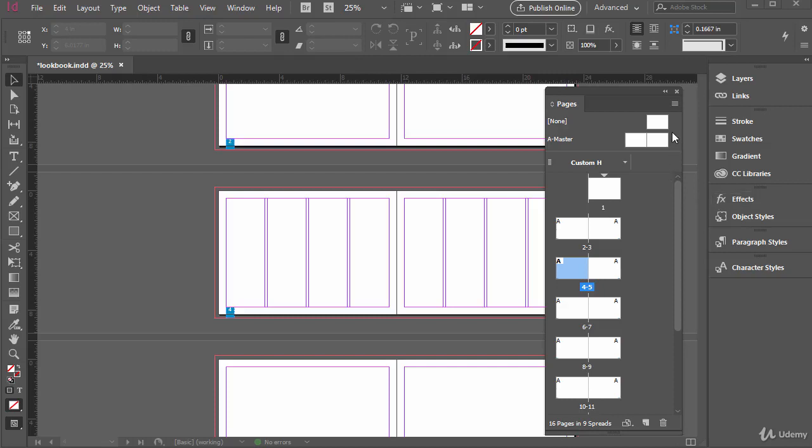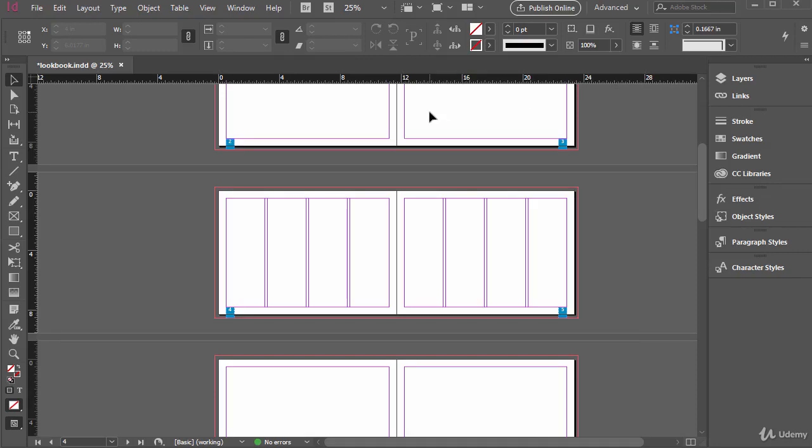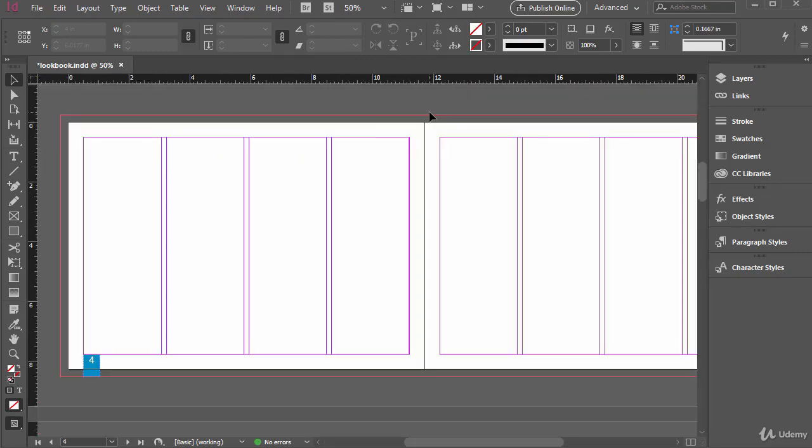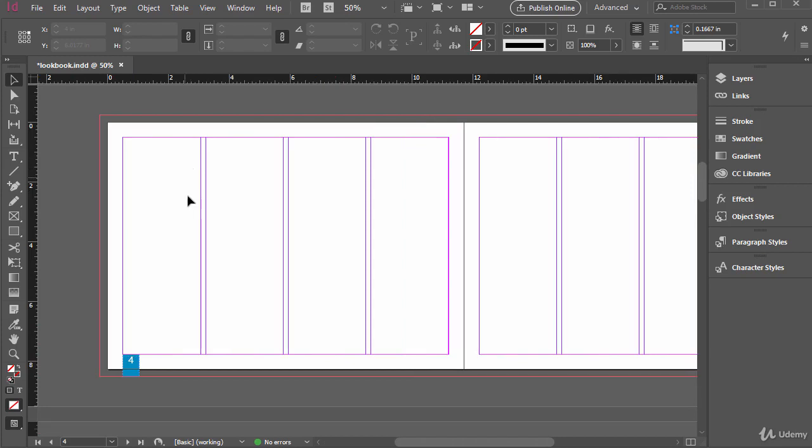All right, now we need to start placing some text. So I'm going to close the Pages panel there for now. And I'm going to zoom in, Control or Command plus on the keyboard. And in the previous poster project, we did place some text, but we'll go into a lot more detail in